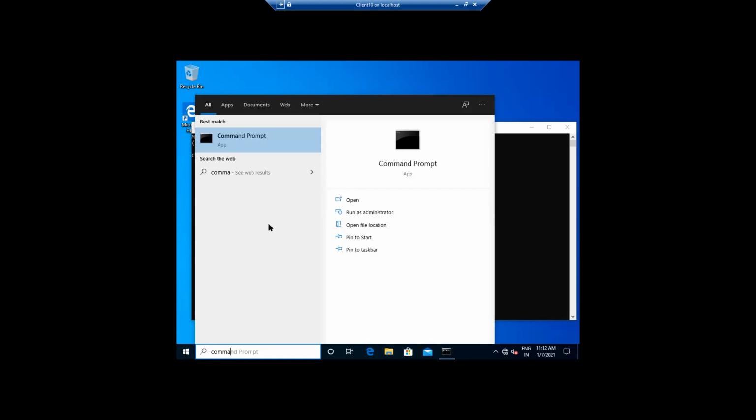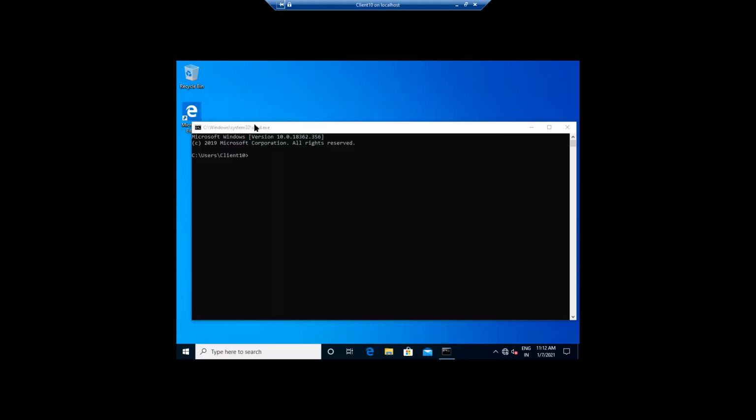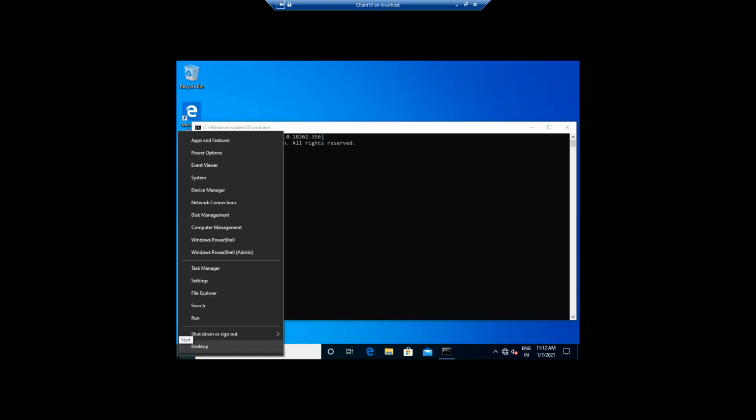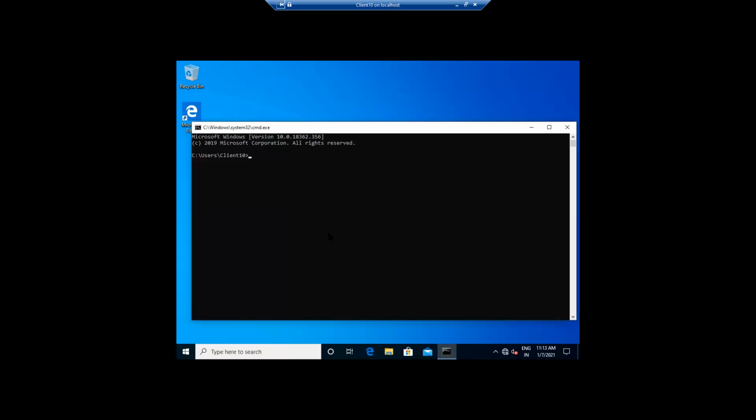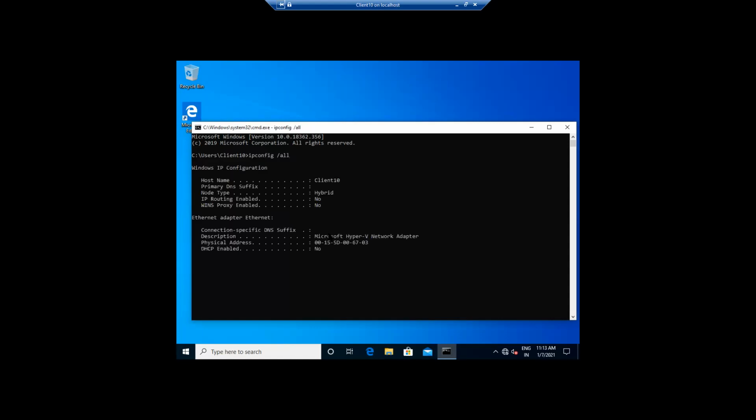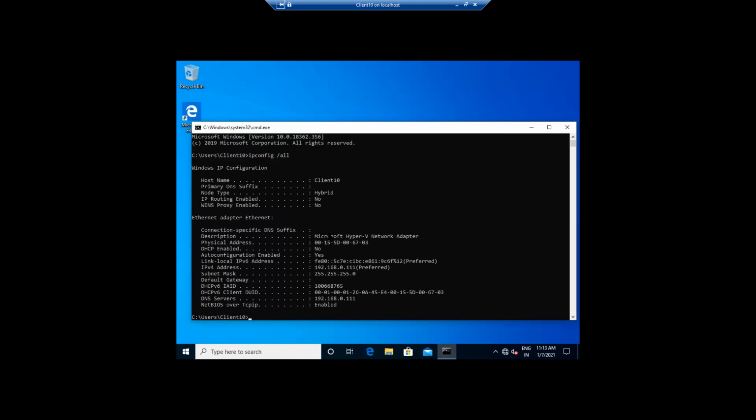Normally on other operating systems, they give the command prompt in the start menu, but here they have given Windows PowerShell. This is also one type of command prompt, but it is the next level for commanding and scripting. So this is one shell. Now we are in command prompt. We will first check what the IP address is for this client machine. I can see the last octet is 111: 192.168.0.111, right?